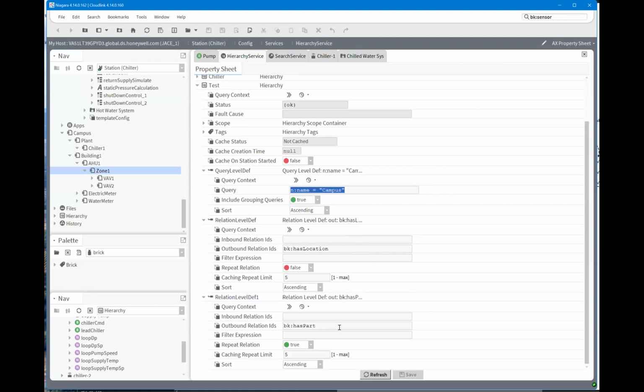But here I say, all right, I want you to go find anything that you find here that has a part. And I want you to do it 5 levels down. And that's all I'm asking it to do. Find this, start here, find what locations are in the campus, and then go find things that have parts and list them out. And if they have a part, I want its parts. Okay. And if you look at this hierarchy,